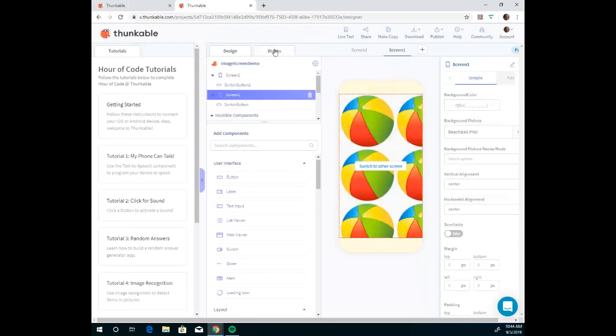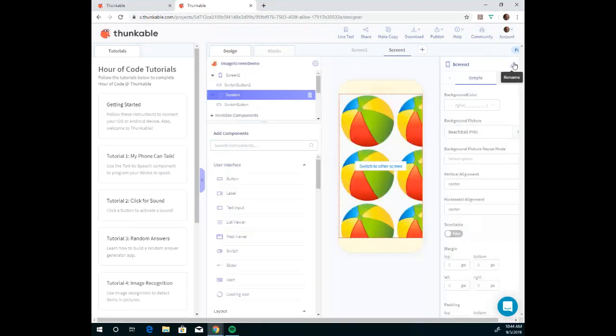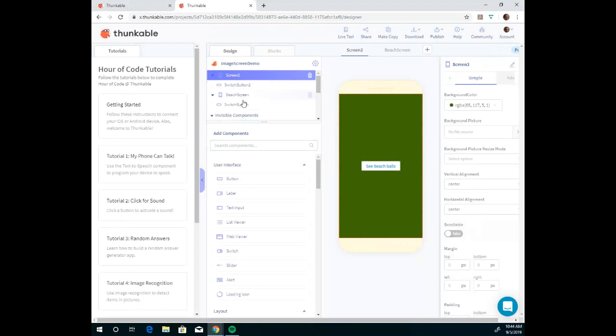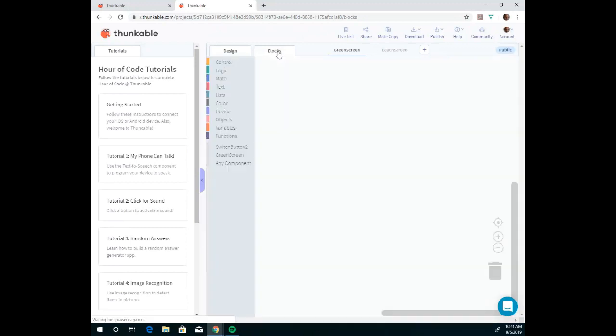Okay, so let's go ahead and program the buttons to do what we want. When I'm programming for screens, I click on whether it's Screen2 or Screen1 that I wish to be programming. If I don't really like their names, if I think Screen1 is not sufficiently descriptive, I will call this one the beach screen. And I'm going to go ahead and call this one the green screen. There we go. So going back to the blocks,